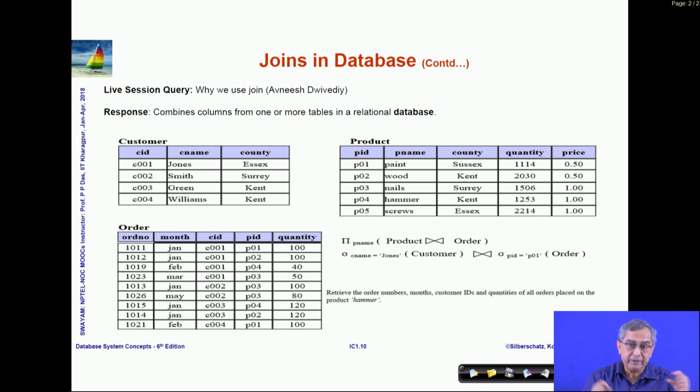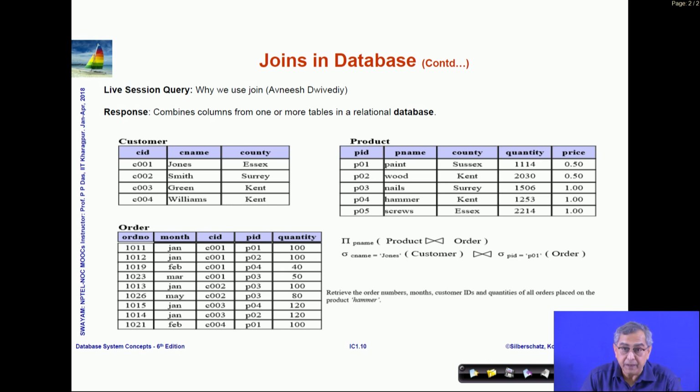So, this basic information of who buys what in how much quantity will be recorded through a unique ID called the order number or order ID. The third table is the order table, which maintains against the order number the month when the purchase was done, the customer ID that says who purchased it, and the product ID that says what was purchased, and how much